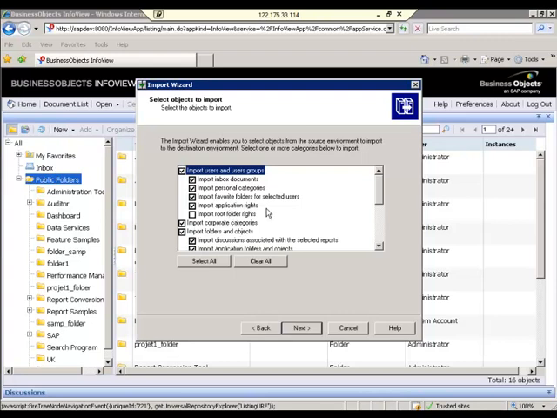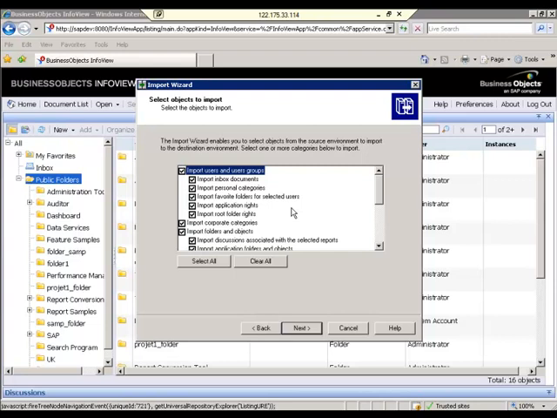For example, if you select a user, that user has different access and different applications. Import root folder rights means you are going to import the root folder rights for that user. And import corporate category. Basically, you have two categories. When you create a dashboard and save it in the favorites, they call that the favorite category. When you create a dashboard and save it in public, they call that the corporate category.